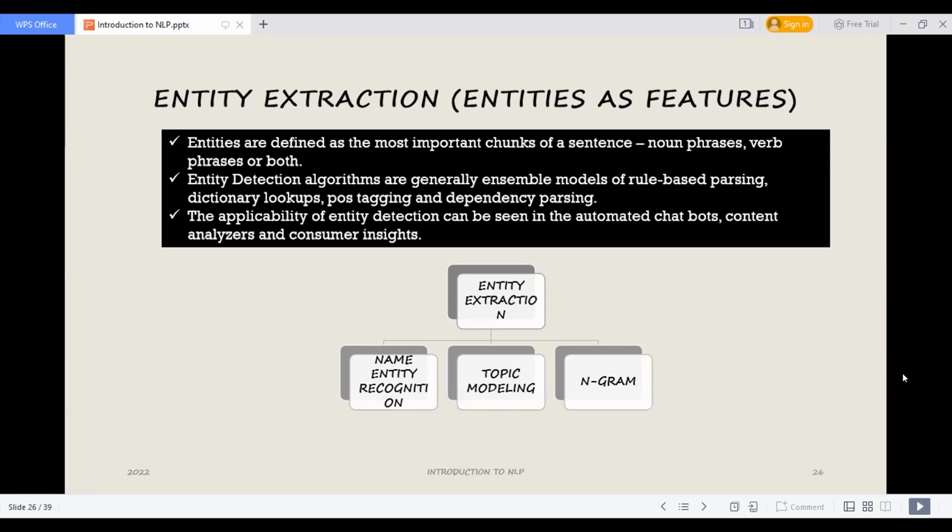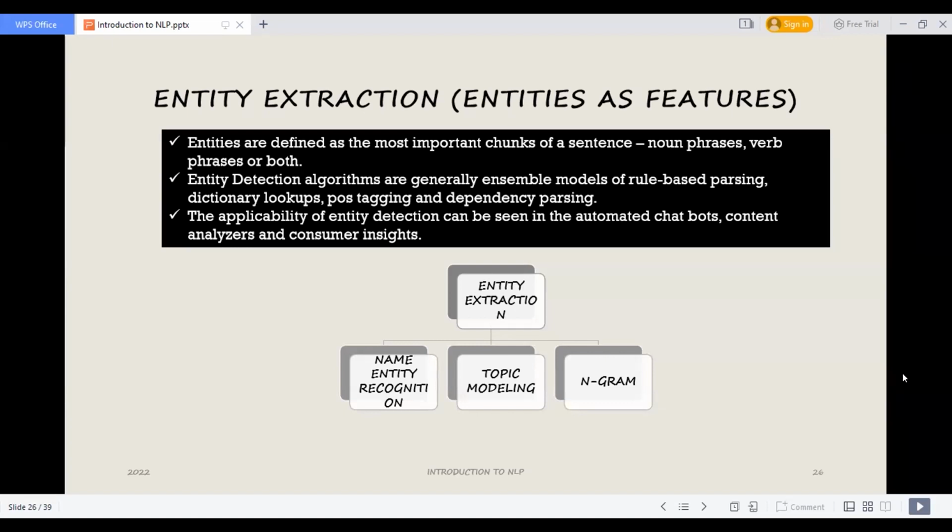Now it has basically three types. The very first type is named entity recognition, the process of detecting the named entities: the person name, the location, the company name from a text. As we took that sentence, I will book my flight for Delhi. So Delhi is the location name. And if we say that my name is Komal, then Komal is the name of a person. So this is named entity recognition. Anything which is taken as a form of person name, location name, company name, and so on.